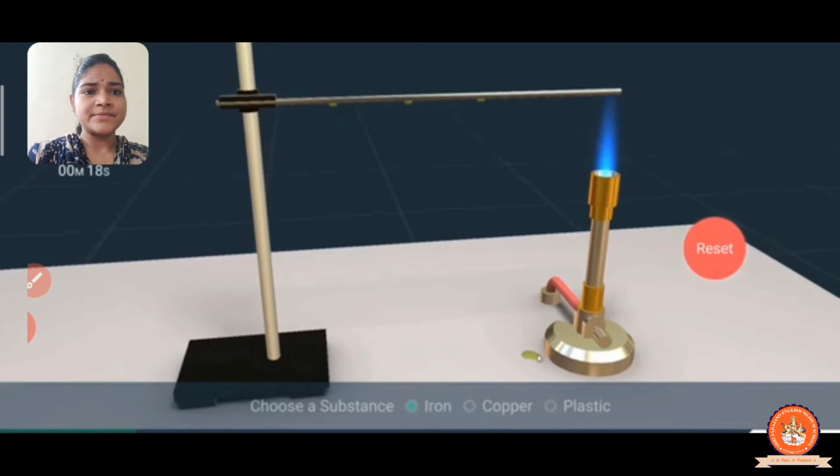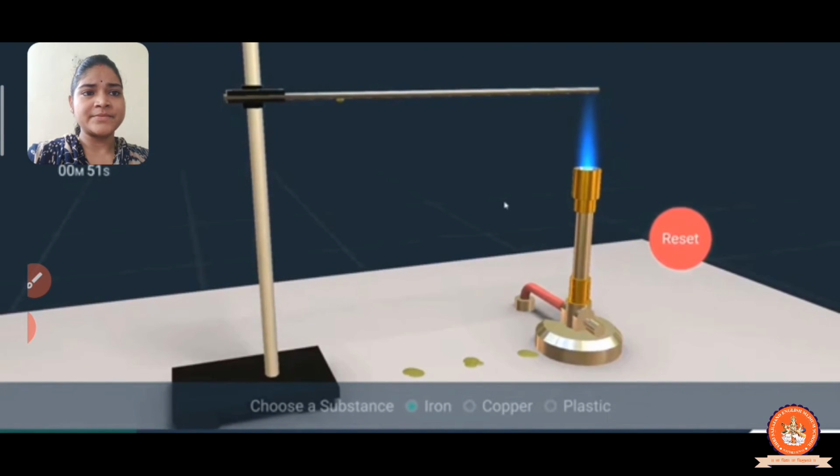We can see that the wax piece near the free end of the rod melts and falls on the table. This means that the heat is transferred to the wax piece. Later, other wax pieces also melt. Heat is transferred from the end nearest to the flame to the other end. The process by which heat is transferred from the hotter end to the colder end of an object is known as conduction. Do all substances conduct heat easily?